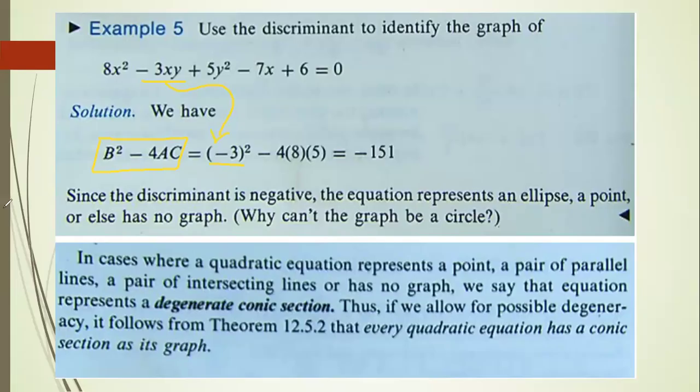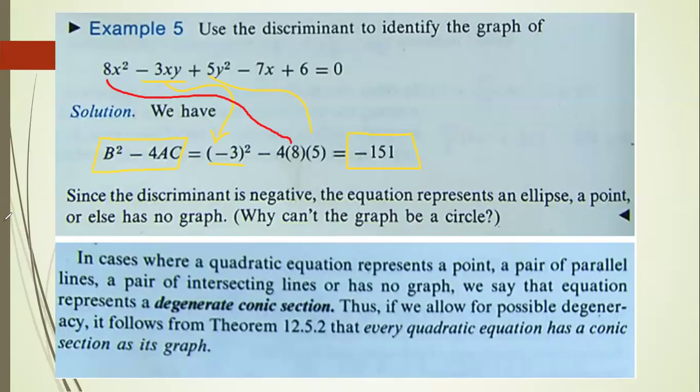We have to identify our a, the x squared term, which is 8. And we have to identify our c term, the y squared term, which is 5. And what we see happening is that when we compute b squared minus 4ac, negative 3 squared minus 4 times 8 times 5, we get negative